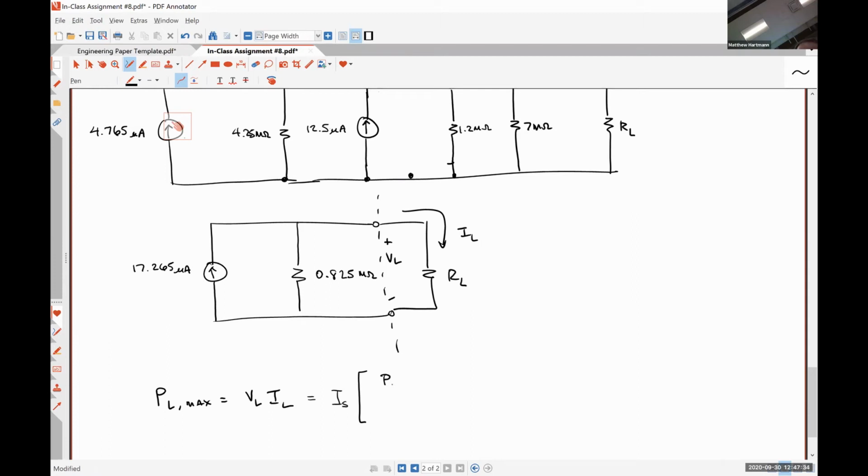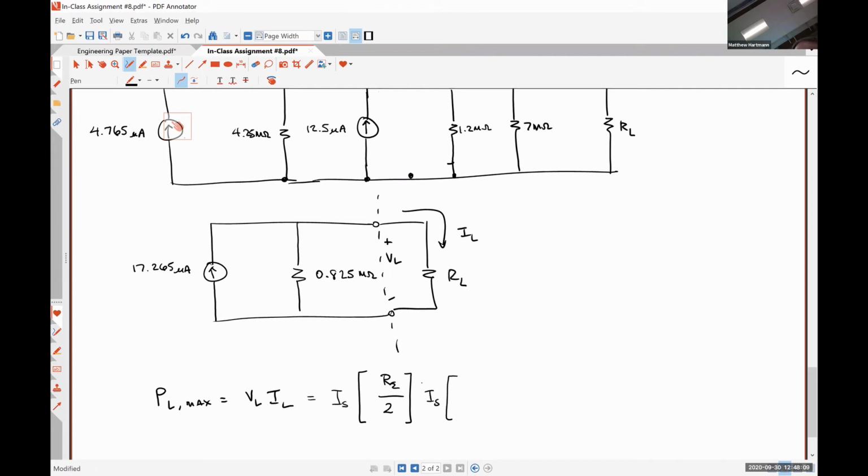So RS over 2, that gives me VL, right? And then IL is how much current is flowing through the load resistor. Well, since those two resistors are identical, exactly half of IS will flow through it, right? So the current's going to split evenly between RS and RL when RS and RL are equal. So that means that IL is IS times,